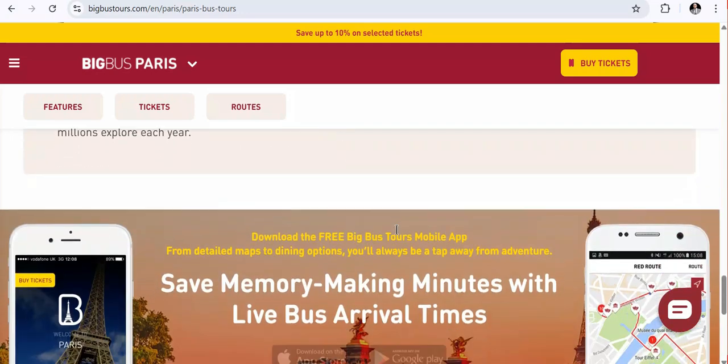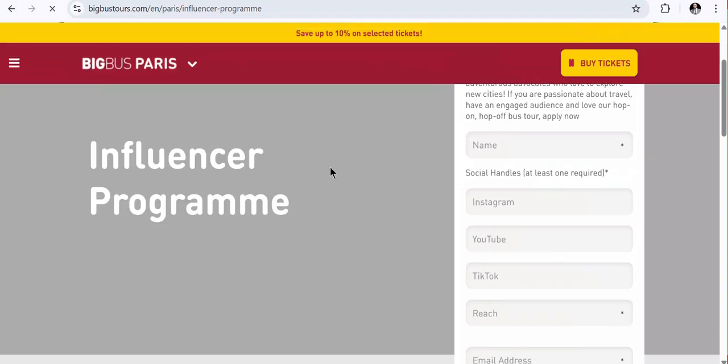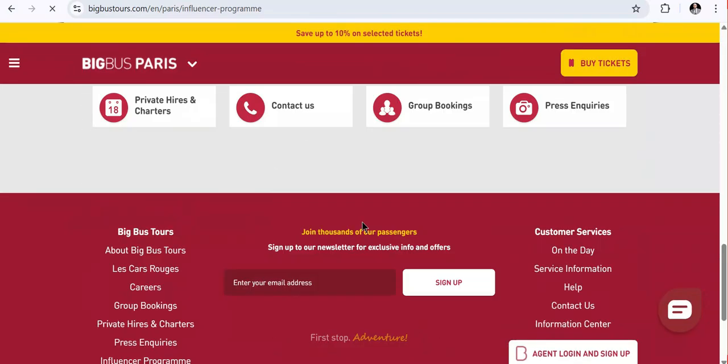Whichever ticket you sell, you have sold, and you make such an amount of money. So now you can see they have an influencer program. If you want to join any of them, you can join, of course, and start making money. However, if you want to be joining